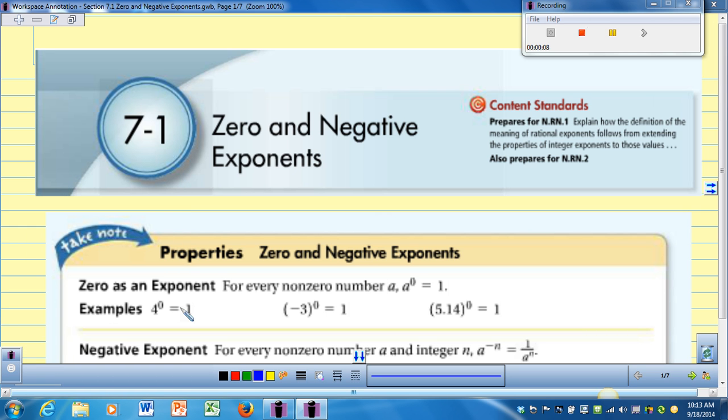And let's take a look. Should we have lights on or off? Okay, so